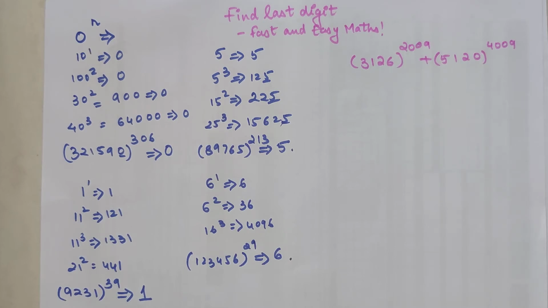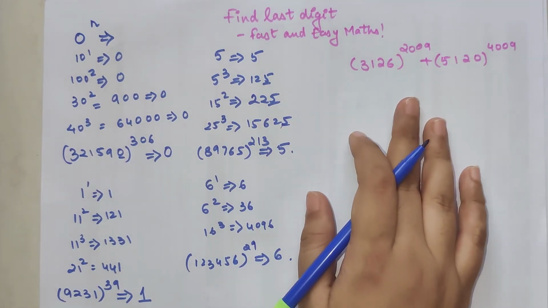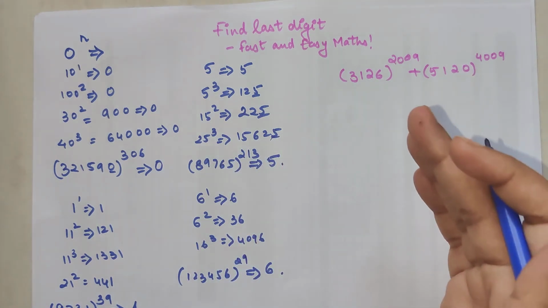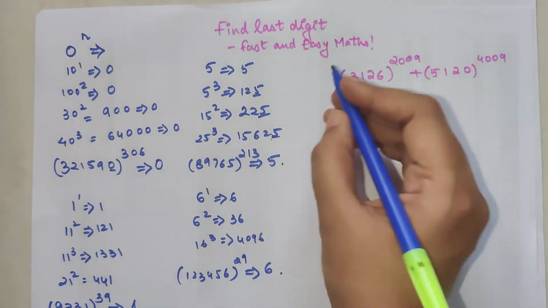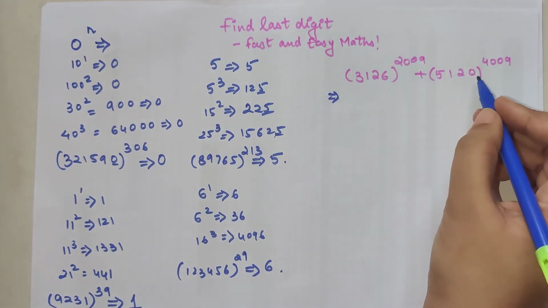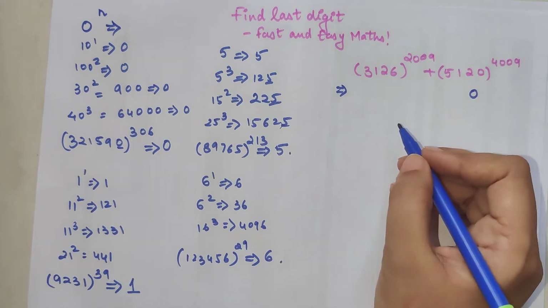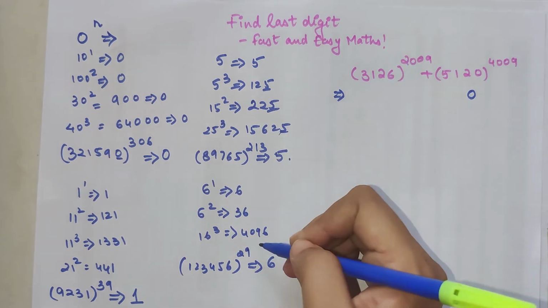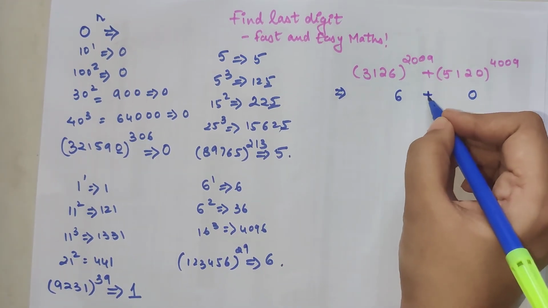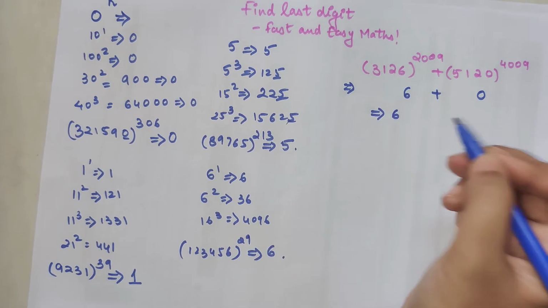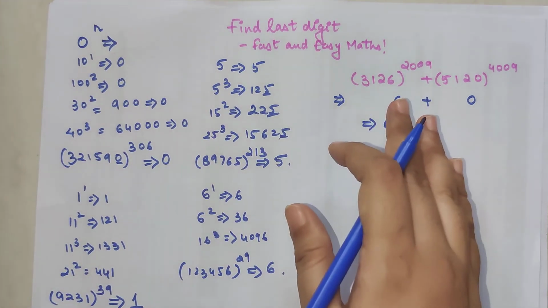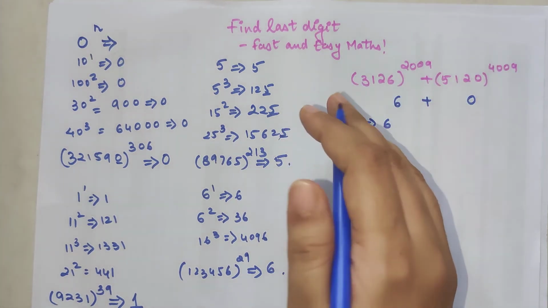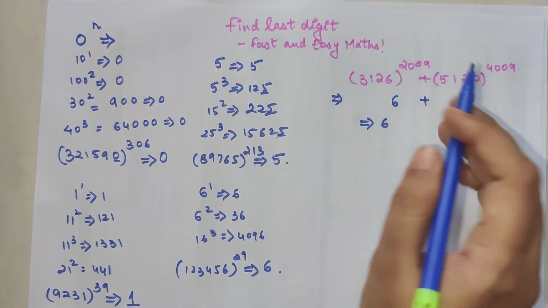Okay, so now let's look at this particular question. Now understand very, very clearly, whenever you have your number here, I know that in this case my last digit is nothing but 0. And here in this case my last digit will be what? Because it is 6, so my last digit will be 6. So 6 plus 0 gets you just 6. See, in this case also I'm not even bothered about all the powers with whatever it is raised to, because I'm just concerned about the units place only.